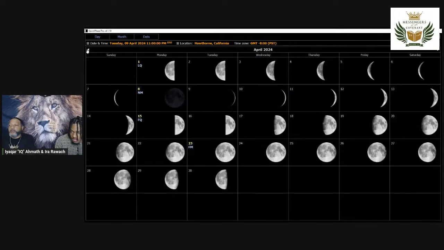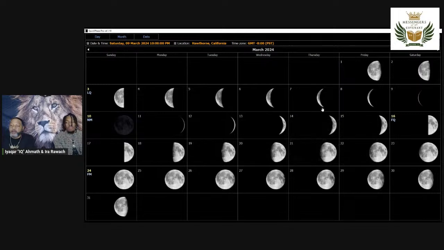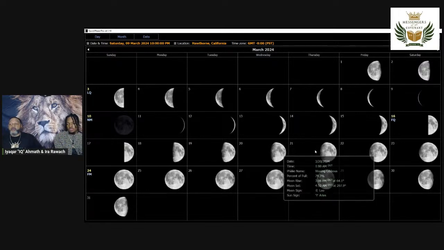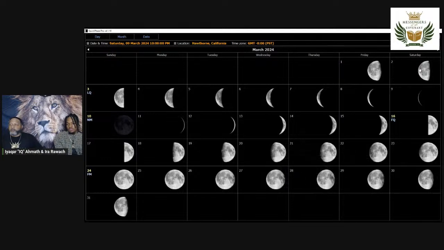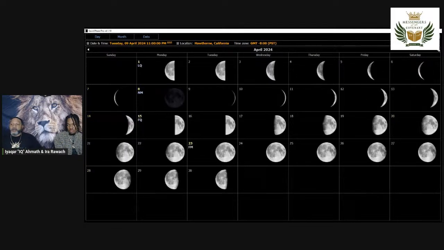It throws every feast off. So that's why we don't determine that March 9th is Abib. We wait until after the springtime, after the green ear, after the spring has been determined, then we can declare a new moon after the season has been declared. That's when Abib comes in. So we wait till after the equinox. I believe it's going to be around the 20th. It usually falls between the 20th and the 21st. I believe this year is going to come around the 20th. After that passes, then we can determine our new moon.